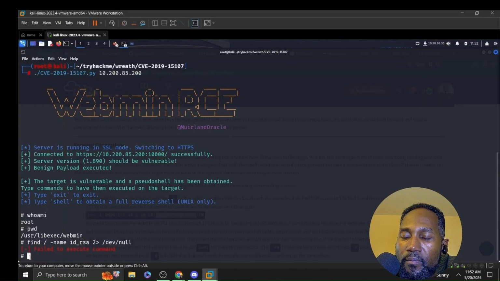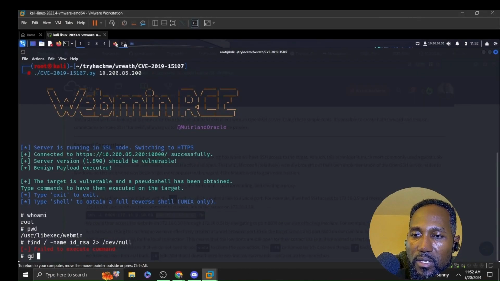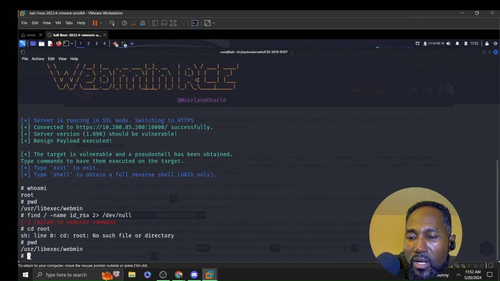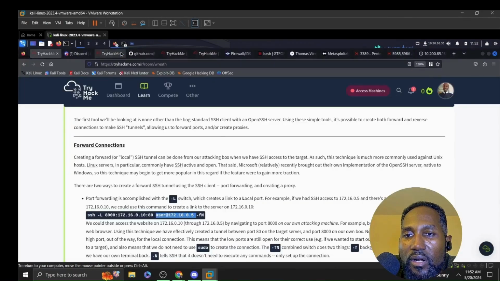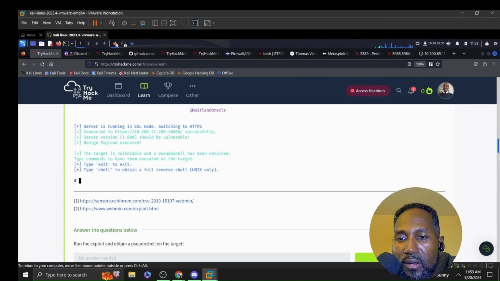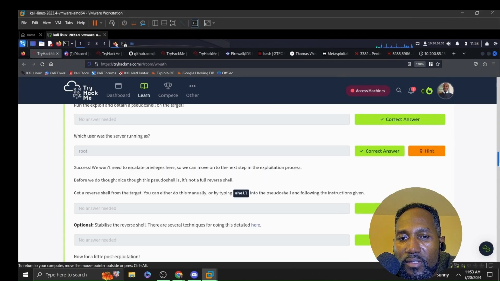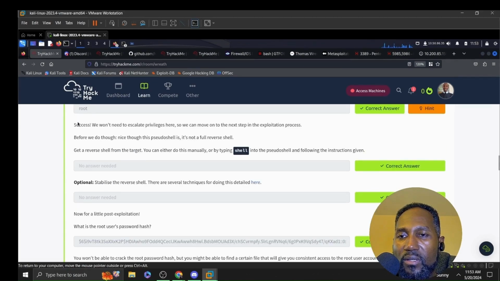Okay. So let's cd to root and then print working directory. No such file or directory. Okay. So in order to go to root, I think we ended up having to create another shell there. Service reference root. Okay. So what it says here,